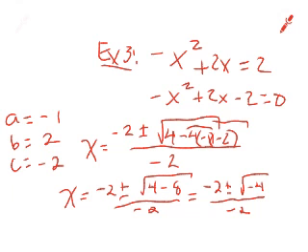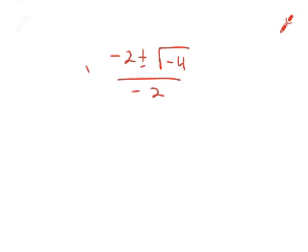Well, what do we remember about square rooting a negative number? Technically you can't do that, but we've talked about imaginary numbers, and what we've talked about is that when you have a negative number, we can introduce complex values. So this becomes -2 plus or minus the square root of 4, which would normally just be 2. But since we're square rooting a -4, this actually becomes 2i